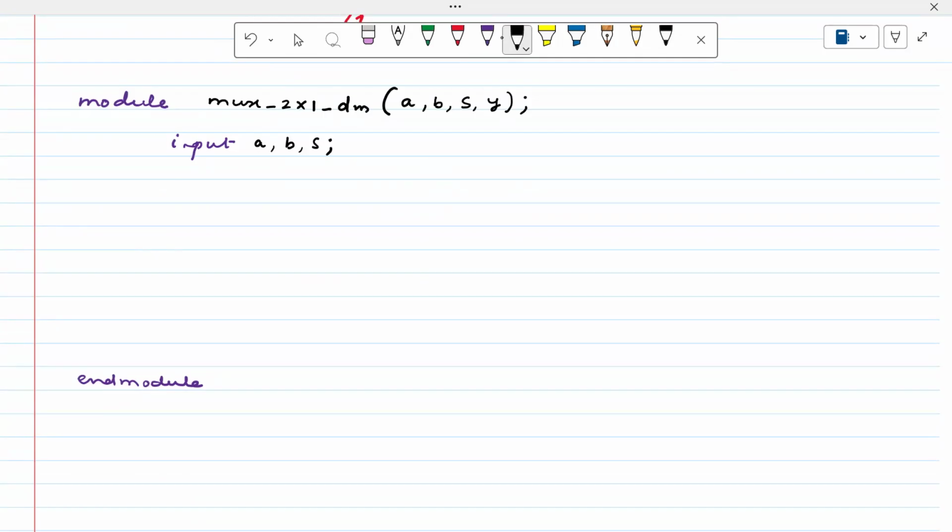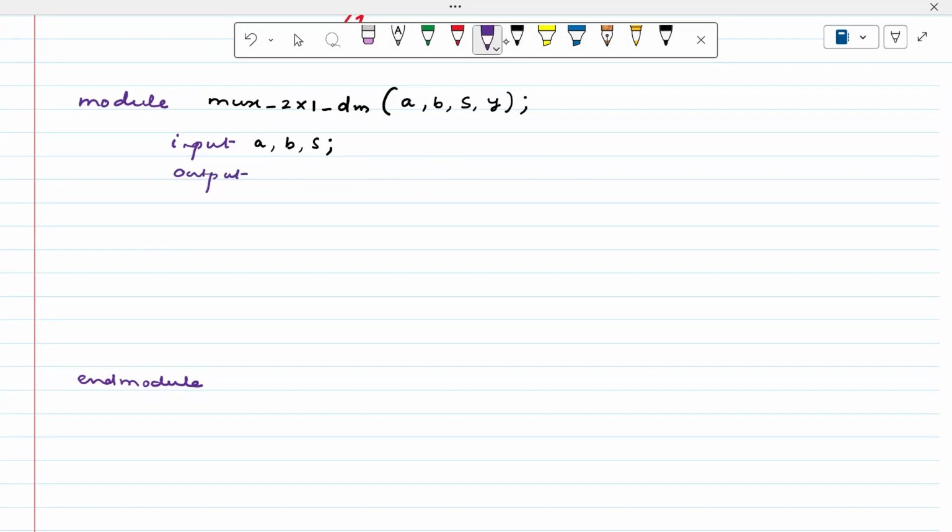All these things are related to input because we have to give what is S, what is A, what is B. Whenever we are giving, that is called inputs. Whenever you are taking, those things we can call it as an output. We are not evaluating actually what it is, why, but the circuit is providing the output. Then we are taking that output, whatever it is giving. That's the reason why it is an output. Let us take output